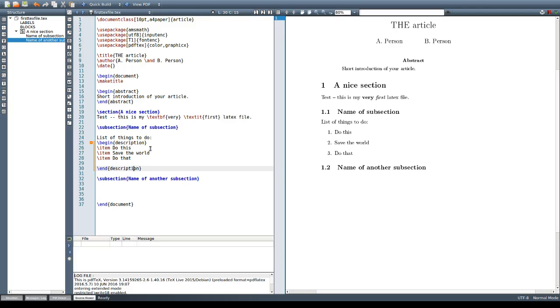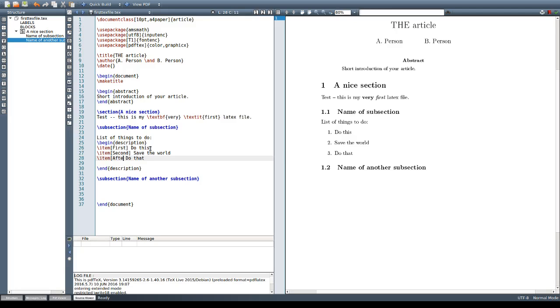So in this description environment, you have in your option here of the item command whatever word or letter that you want for that. So you might spell it out like first, I want to do that, and second, I want to do that,